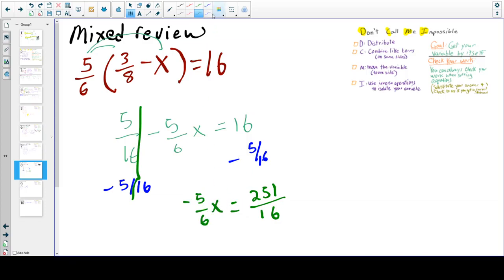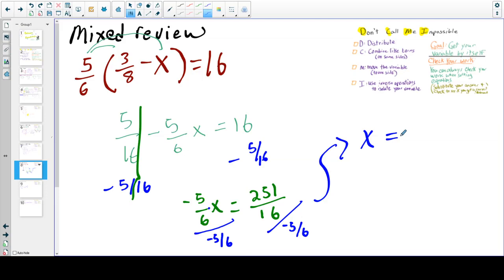Okay? Now, look at what we have. It's negative 5/6 times x. What's the opposite of multiplying? Dividing. So we're going to divide both sides by negative 5/6. Divide this by negative 5/6. And we can do this on the calculator. X equals, we have 251 over 16. I made a mistake. 251 over 16 divided by negative 5/6. So I get my answer to be the following. Negative 753 divided by 40. Or, if you write it as a decimal, which you can use on your calculator, negative